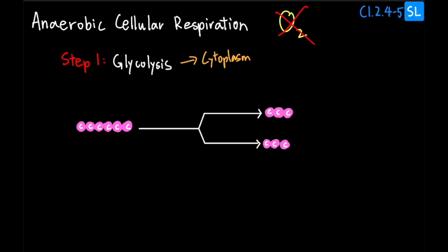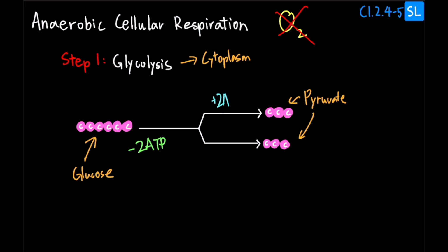What happens is some enzymes take this six carbon glucose, it has six carbons, and they break it down to these pyruvates. Each pyruvate has three carbons, and you make two of them. You actually need to invest some energy to get this reaction going. You have to use up 2 ATP to get this reaction started, but by breaking down a large molecule, you actually get a net gain of 2 ATP. So if you use up 2 and you get 4 more, that's a net gain of 2 ATPs through this